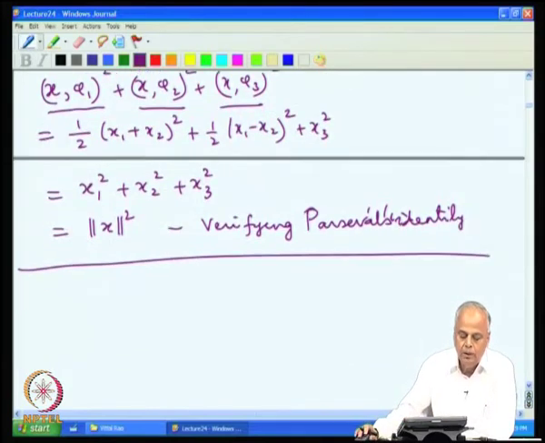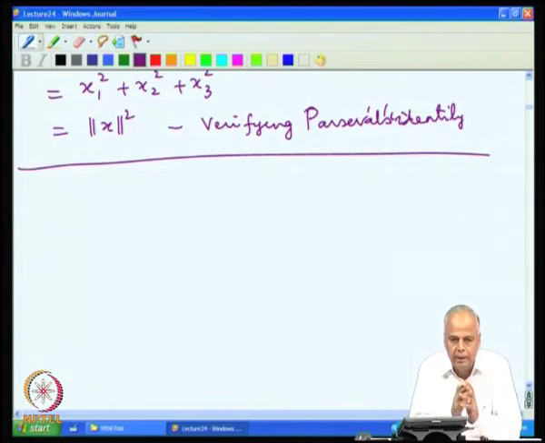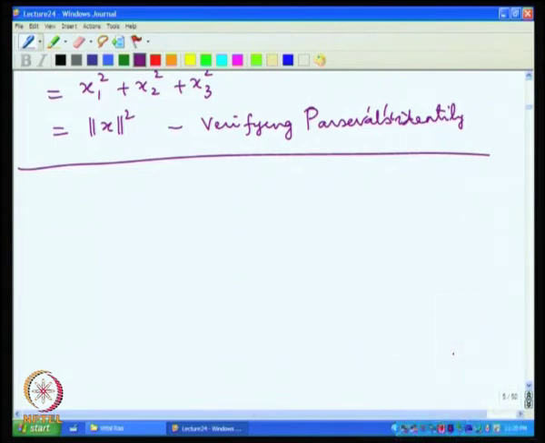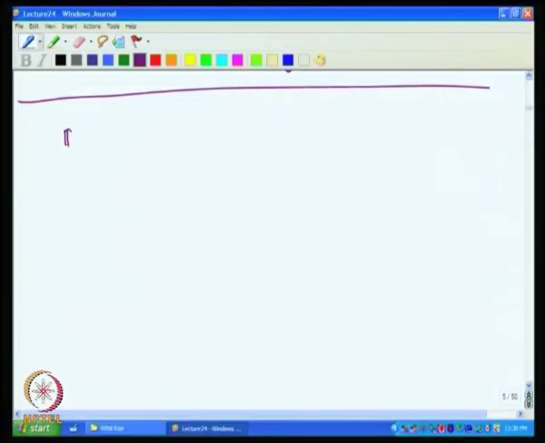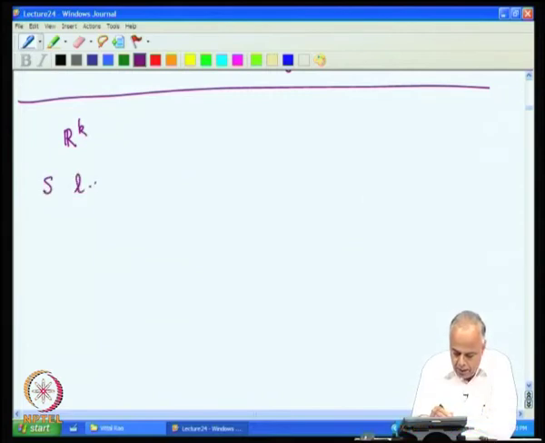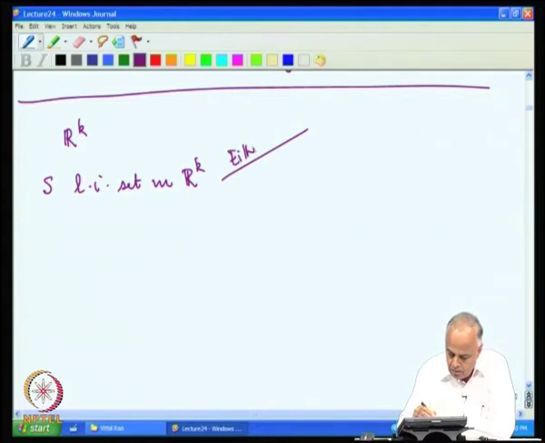So, thus we have the expansion in terms of an orthonormal basis, giving rise to easy ways of computing the inner product and the norm in terms of the Fourier coefficients, as we would have done normally with the standard ordered orthonormal basis. Then at the end of the last lecture, we raised the following question. Supposing I have R k and I have S, a linearly independent set in R k, then either S is a basis